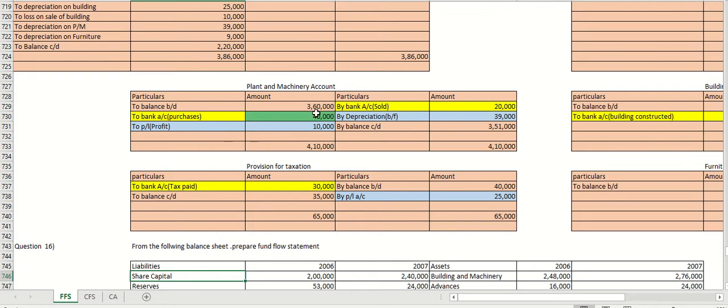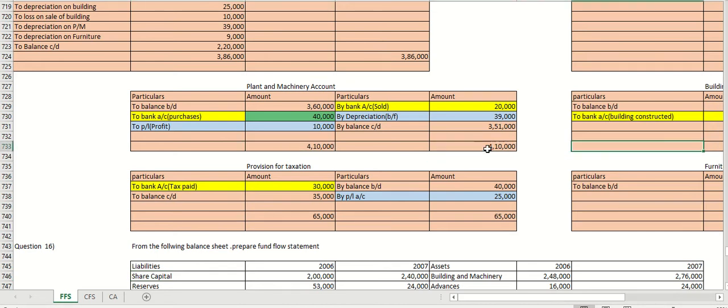Now if we see, we have everything. There is a balancing figure also, hence we have the balancing figure as your debit balance. We will consider the depreciation to be your debit balance. We will not calculate the rate of percentage of depreciation because we are getting a debit balance. Hence the balancing figure will be depreciation. We are not calculating with the percentages, I again repeat. It is just the balancing figure. We are ignoring the rate of depreciation. Hence our total will be 4,10,000.